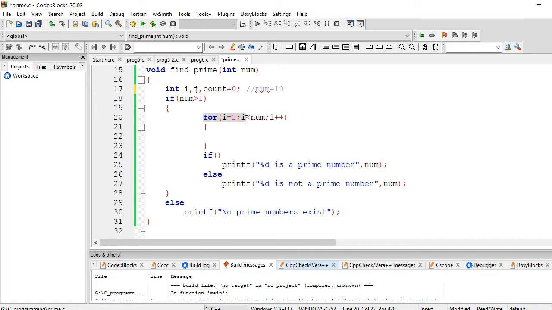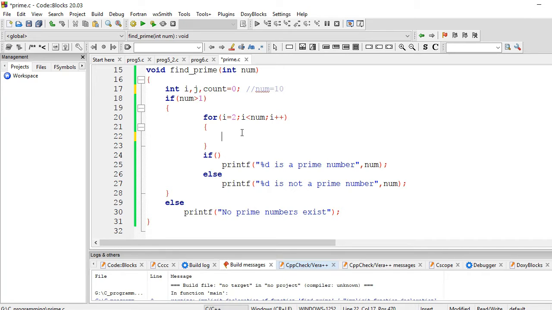Why have we done this for loop? Because we have to check whether 10 is divisible by numbers smaller than 10, starting from 2. So what will be our logic?